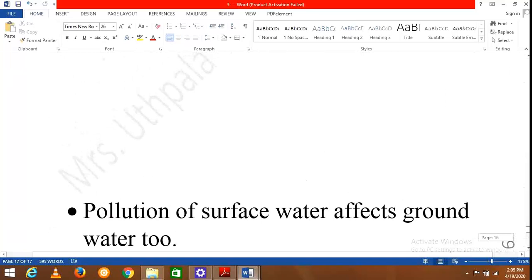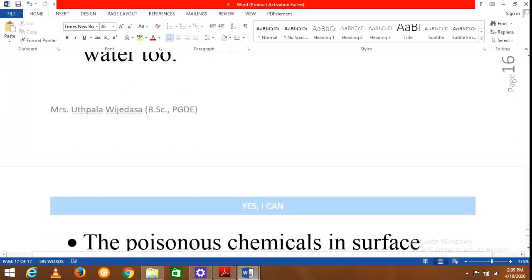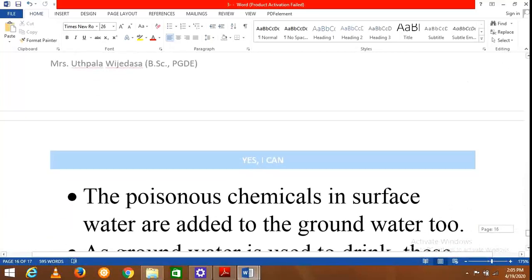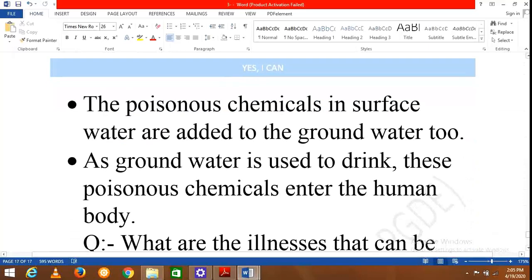Pollution of surface water affects groundwater too. You know that there are three types of water based on availability. So once the surface water is polluted by the above mentioned methods, that will affect groundwater also, because that surface water penetrates through the layers of soil to form groundwater. So groundwater can also get polluted. This groundwater is consumed by people who are using those tube wells, and these groundwater bodies are interconnected. So we have to avoid all types of pollution of water.